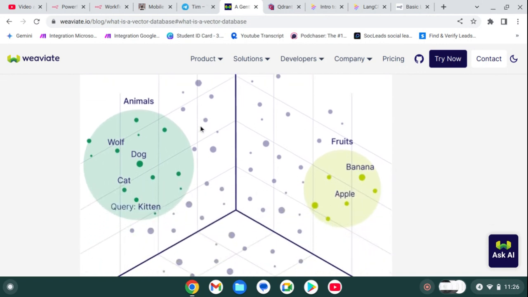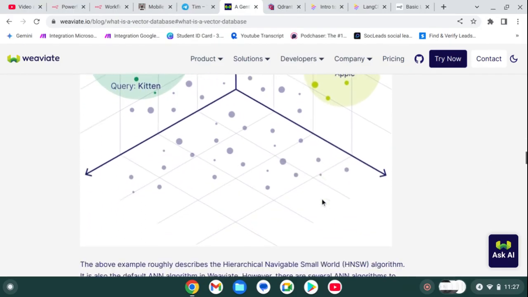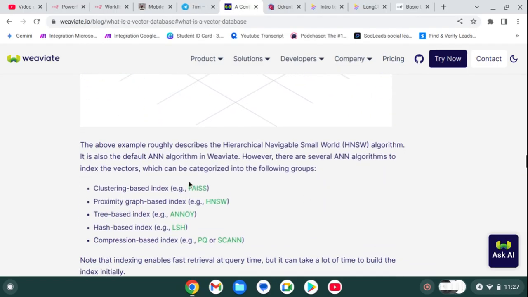So here you can see the example. This animal has four legs, the kitten also has four legs. This can help us to find similar types of animals so quickly. So why is this so great? The above example roughly